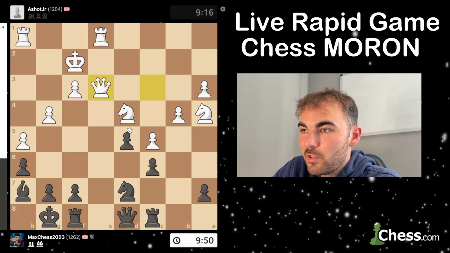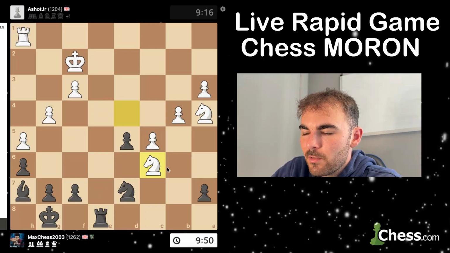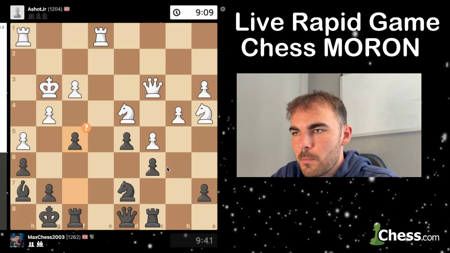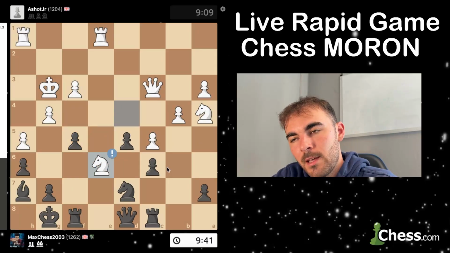It does look pretty scary, but what if I was to then go here? I mean, you could obviously make all these trades. Oh, and then you win this pawn at the end of it. So yeah, that is why I cannot just offer a trade. But that's okay. They play king g3, which is a miss. I lash out with f5. They play knight e6, which...